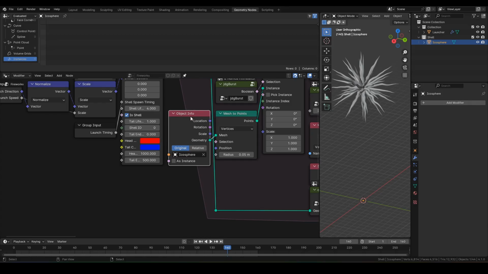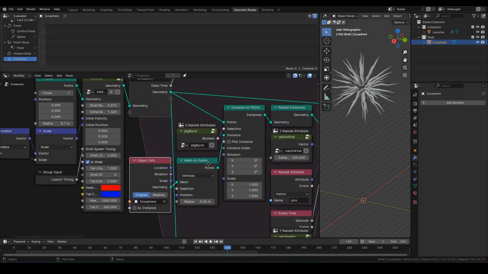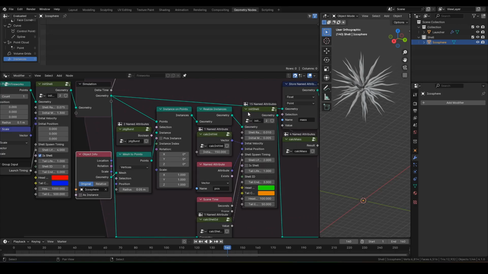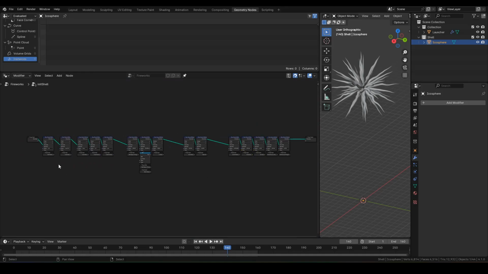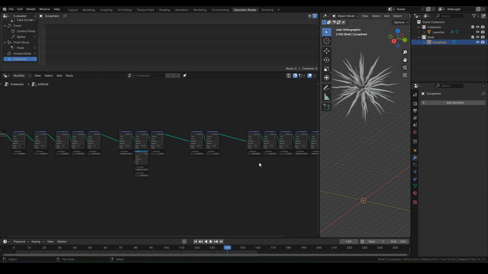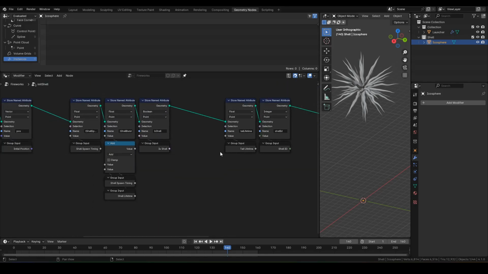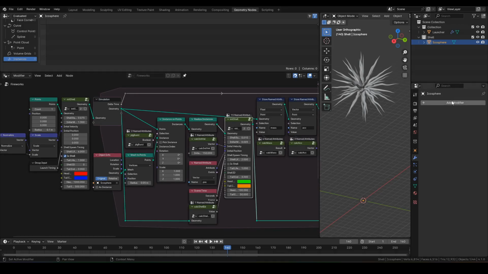Now, I'm going to sort and relocate attributes. So there are a fair amount of store named attributes in init shell node group. But we can categorize them into specification or spec data, which defines a characteristic and is static during animation, and runtime data, which is updated during animation. Between these two, I'm going to relocate the specification data to icosphere side.